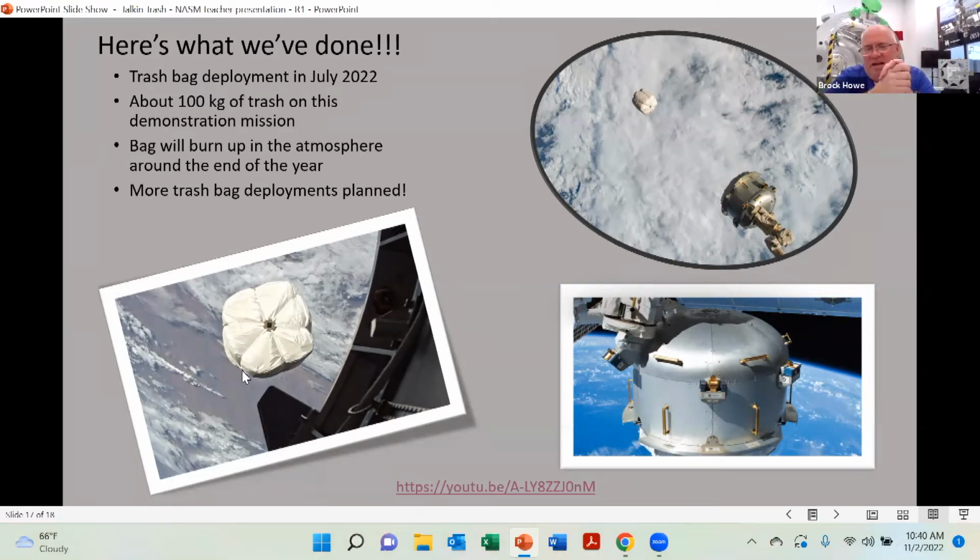It's basically just a dumb bag, though. There's no electronics on it. There's no thrusters. There's no avionics. There's nothing like that in there. It just flies by itself, and then it's...